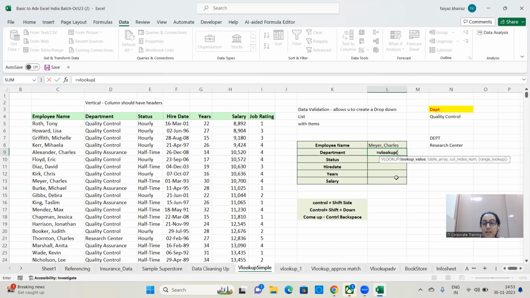So is equal to VLOOKUP. Lookup value stands for what are we searching for. Here we are searching for employee name. This is the employee name, comma. Table of array stands for where are we searching? We are searching here,